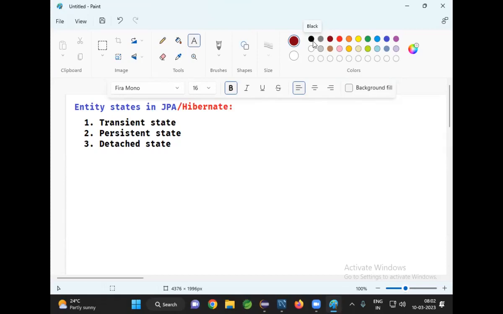For example, you close the entity manager with entityManager.close, or you just commit the transaction with tx.commit. Commit in the sense the transaction is completed, right? Okay, good. Once a transaction is completed, I'm closing the entity manager, right? entityManager.close I'm writing. So whenever you close the entity manager,